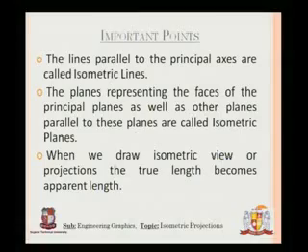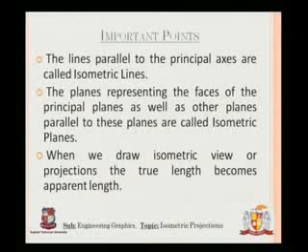Now the next thing is that we know that the lines that are at 120 degrees with each other are known as isometric lines, and these will always be parallel to the principal axis. Say if I have the line xy, then it will be parallel to one of the principal axes, either the vertical plane, the profile plane, or the horizontal plane that we have. So these lines are parallel, and the faces that are created will also be parallel to the principal planes.